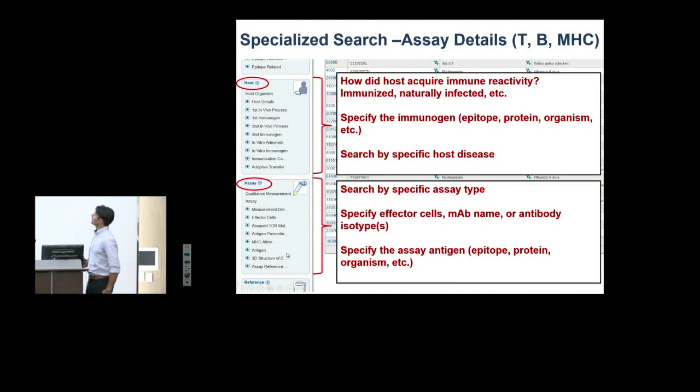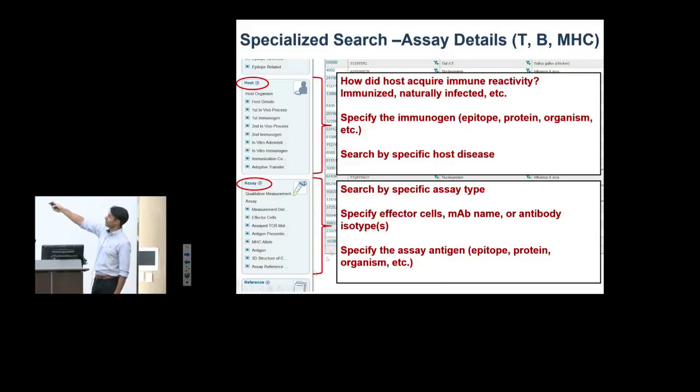Okay, so if we move on now, there are three other detail searches, and those were the remaining assay, sort of the big three assay broad categories that we captured, those being T, B, and MHC. So I've kind of lumped those into one slide because by and large they overlap in the fields that you see, although each link takes you to its separate page. And beginning over here, you can see that sort of cut off at the top and the bottom are the end of the epitope fields that we just looked at and the beginning of the reference fields that we just looked at. So those are conserved from the same epitope search, detail search that we just looked at, and they're available